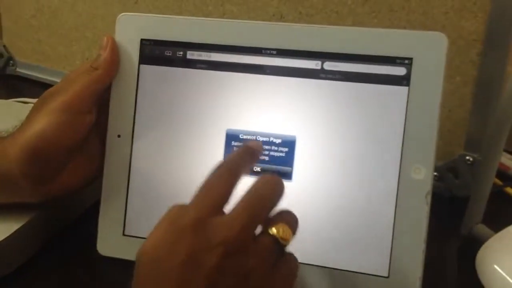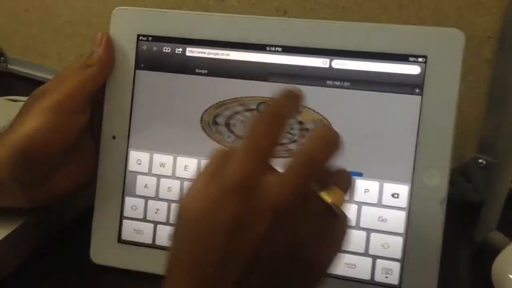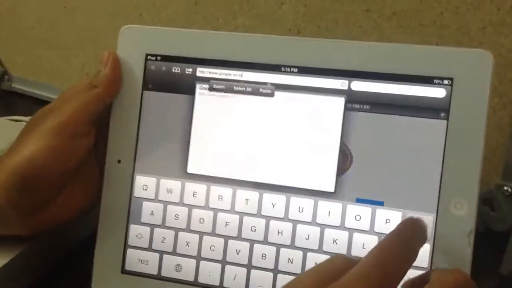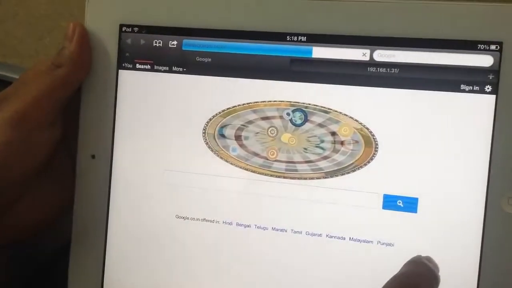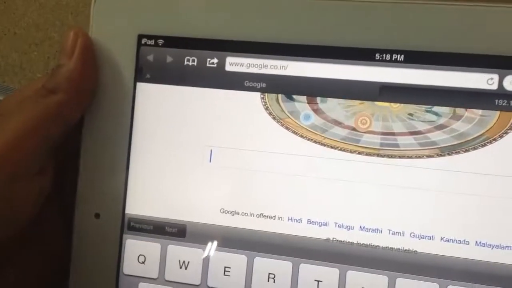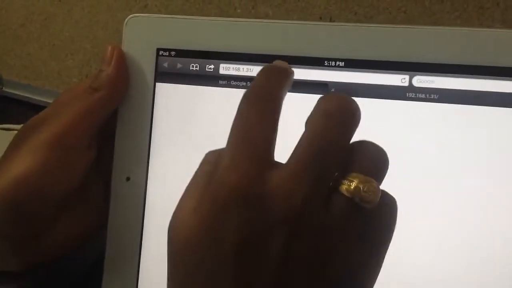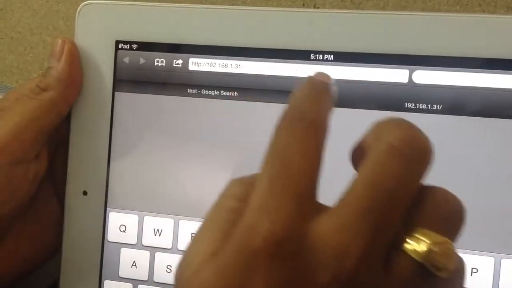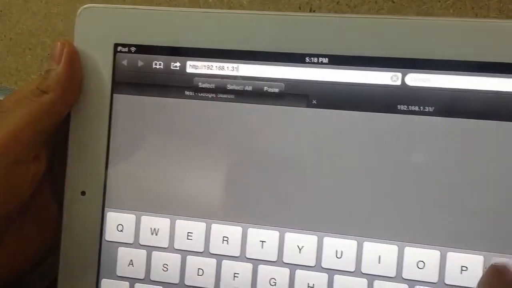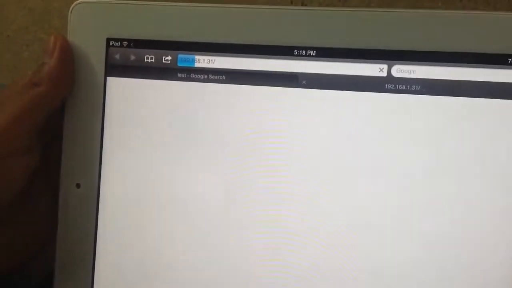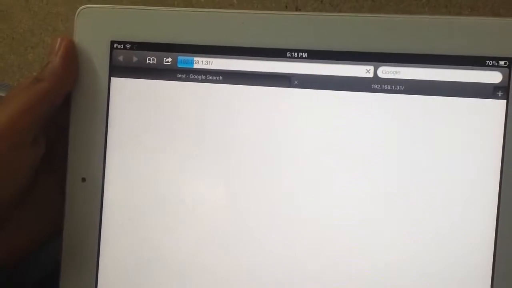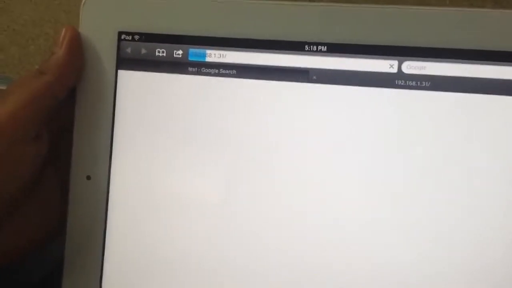As per the policy that we applied, we should not get access to any internal resources, but we should be able to browse the internet. So we can see that Google works. And we will try to access 1.31, an internal resource. Yeah, you can see that access is being denied to 1.31.